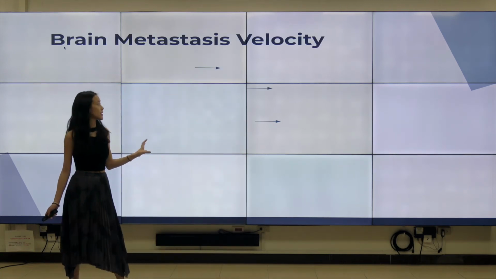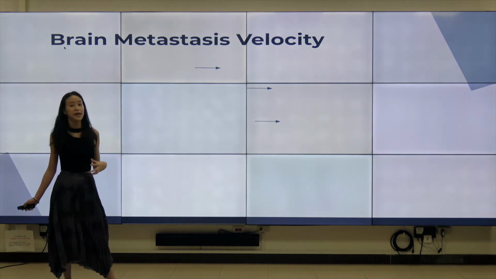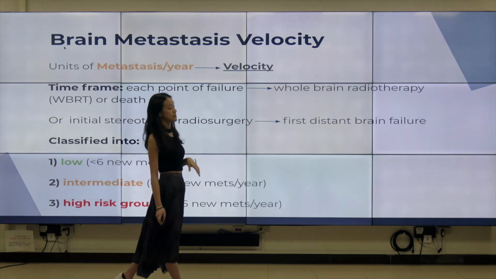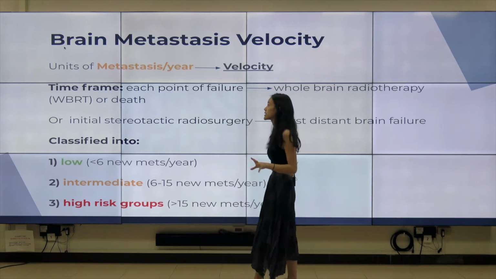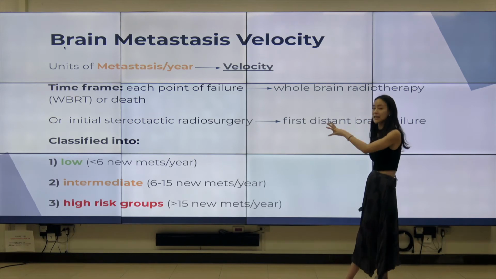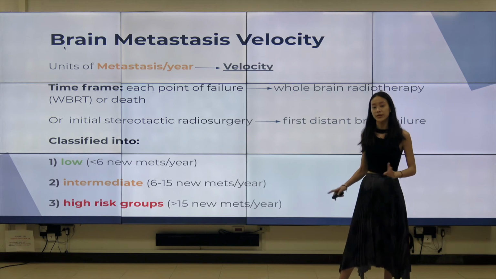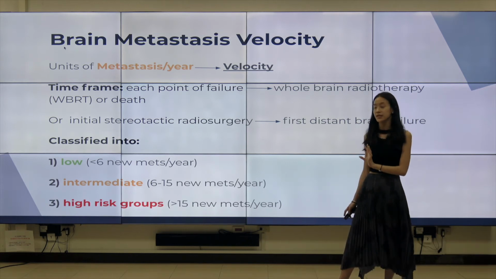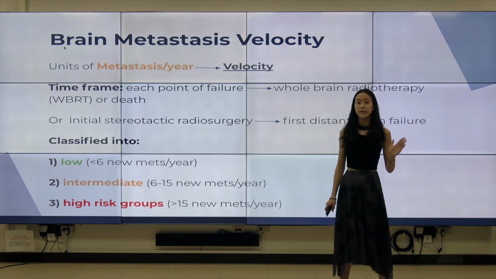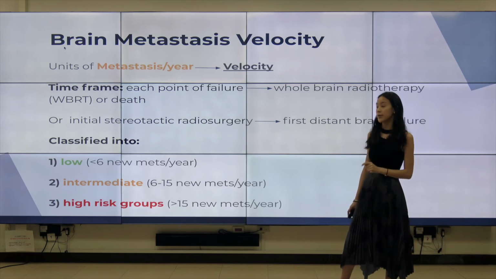So these are the two things that I explained before that would affect our prognosis, or can actually improve our prognosis as new metrics. So what exactly is brain metastasis velocity? The units of it are actually metastases per year. So you can think of that as the velocity aspect. How quickly are you growing these mets every single year? That's the speed, or the velocity aspect of this name. A lot of the time, the time frame is very, very important. How we set the time frame of this velocity is very important when it comes to prognosis.